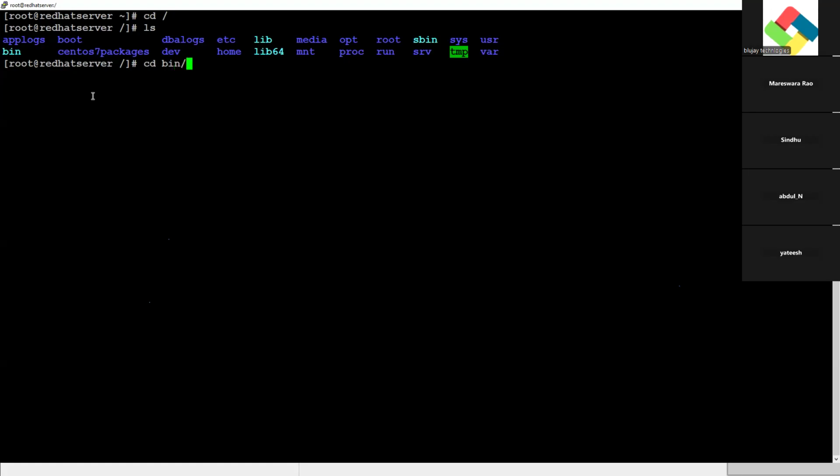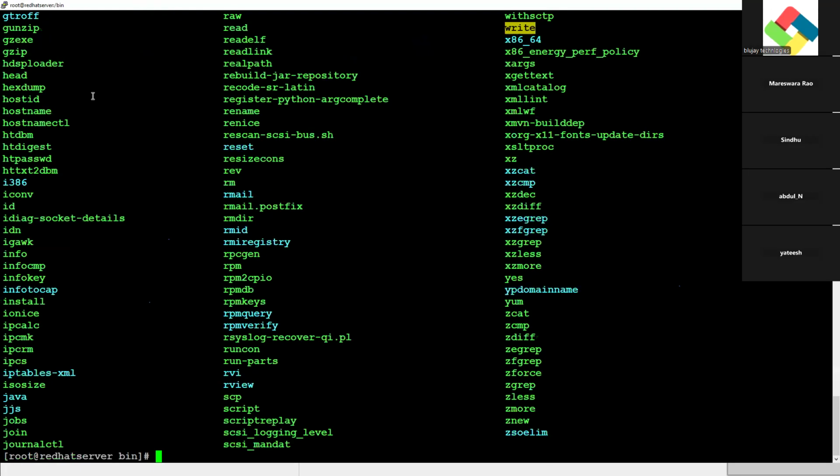cd bin. Yeah, these all are the commands. So they can be executed by the root user as well as a normal user. A normal user has a certain limit of permissions and admin roles. That's the reason we are not giving the entire access to people. They could, for example, commit theft and give it to some other person. That's the reason most companies are using the classes only.